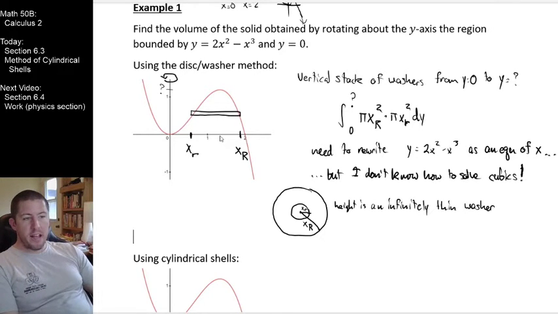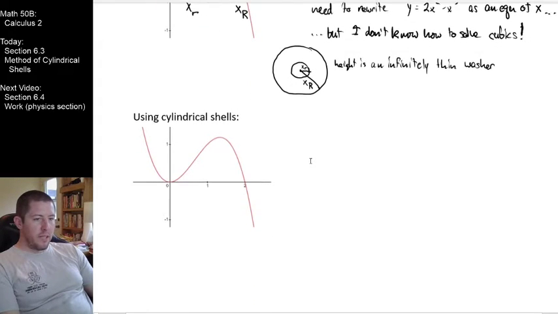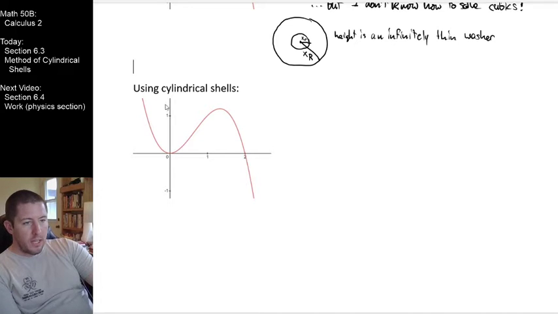This just seems algebraically very, very difficult to try and apply the disk or washer method to this scenario right here. So let's go ahead and see what's going to happen if we attempt to look at our cylindrical shells instead. If we're looking at this as accumulating this volume by rotating this region in the first quadrant around the y-axis, it seems a little bit more natural to me to think of our Riemann sticks here as being